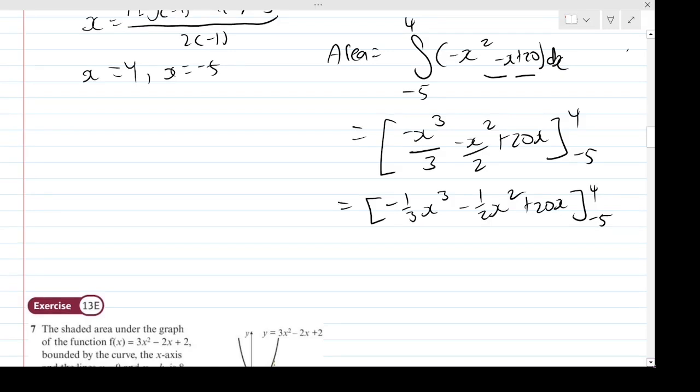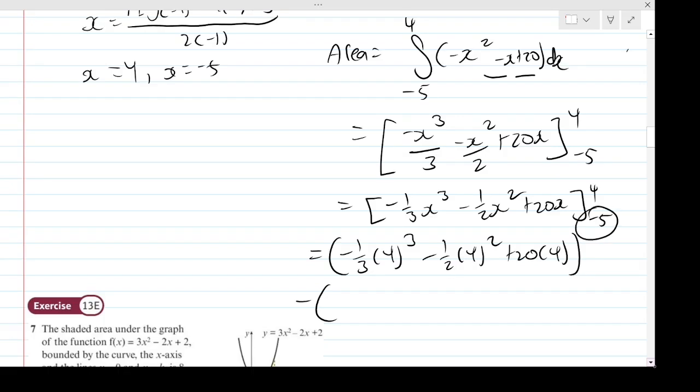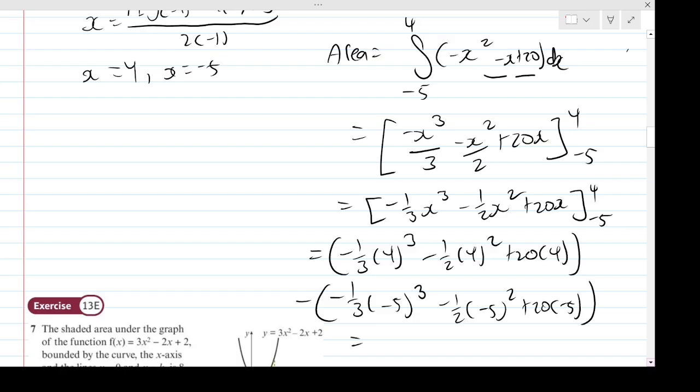Okay, now it's just a case of substituting stuff in. So if I substitute 4 in first, as it's the upper limit, that'd be minus a third of 4 cubed minus a half of 4 squared, add 20 lots of 4. Then I'm going to plug in minus 5, take away the lower limit. So minus a third of minus 5 cubed minus a half of minus 5 squared, add 20 lots of minus 5. Okay, so if I substitute that in and put it in a calculator, I should get